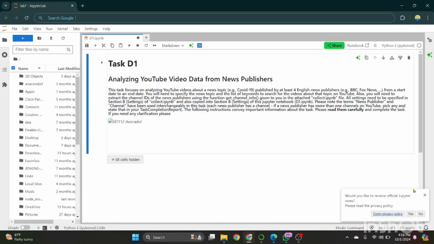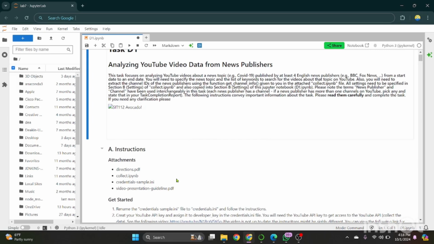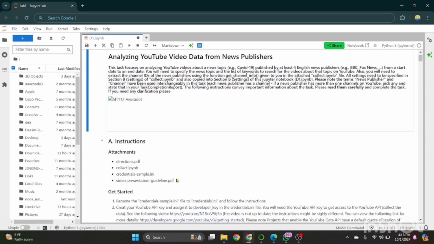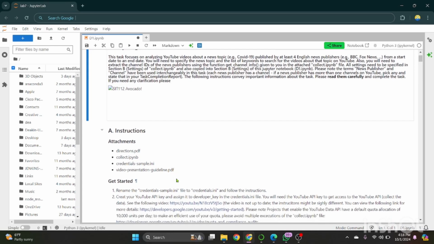This is the AI task D1, and now I'll explain the whole task. Here we are asked to analyze a YouTube video about specific news topics published by at least four English newspapers. We need to define the topic and the keywords, extract channel IDs using the get channel info function, and configure the necessary settings in both